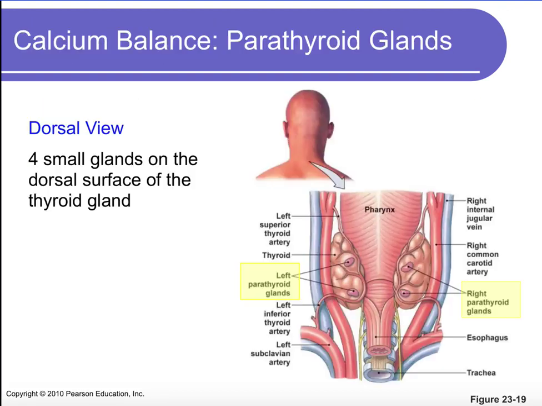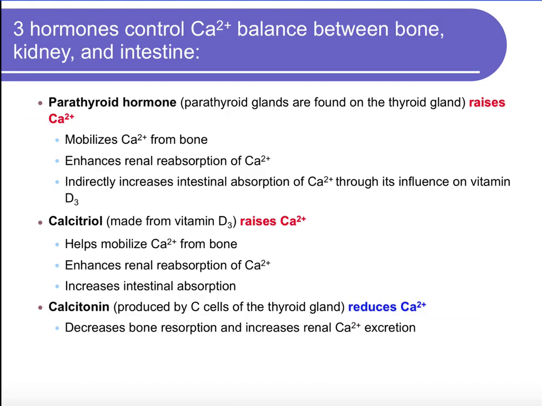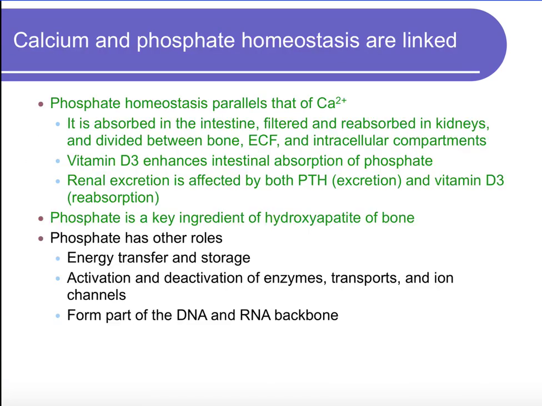Another hormone we're going to move on to next is released by the parathyroid gland. So the parathyroid glands are these four little glands found on the back of our thyroid gland. And parathyroid hormone we talked about already. So parathyroid hormone, we said earlier, raises our blood calcium. Okay, so really important.